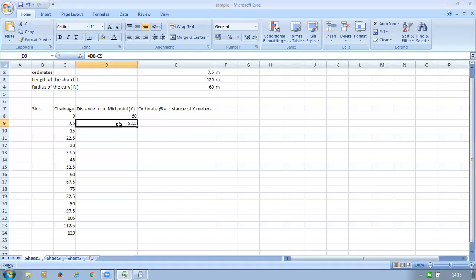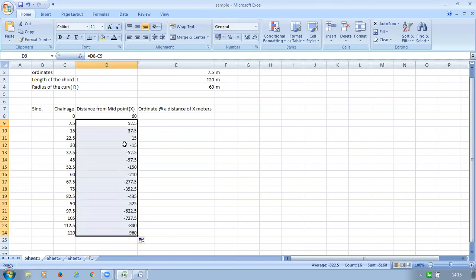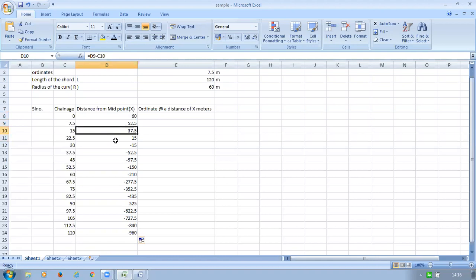See, what I told here: equal to previous cell minus this. Okay, previous cell, see, equal to D8 previous 60 minus 7.5. So if I drag this, what happens is see 37 point. These all are the wrong values because we have to measure the distance from midpoint, means we always have to keep this 60 common, means this D8 should be common here. Okay, the D8 what I have typed, it should be constant. What is happening here is it is taking D10, D7, D9 and all, but we have to keep the D8 constant.